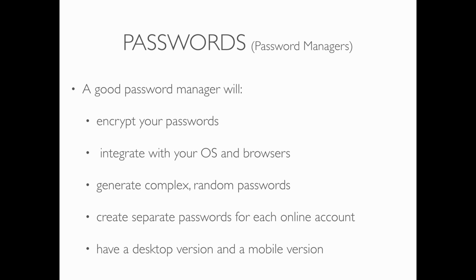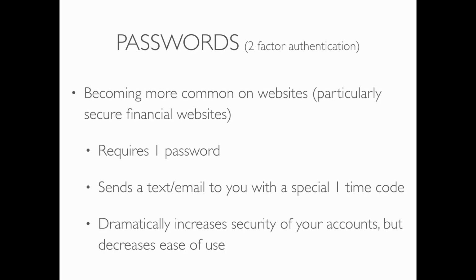But if I'm browsing on my computer, or on my phone, or on my iPad, I don't ever see those passwords. It just authenticates me, fingerprint, face, or once I've logged in with a master password on my Mac. That's really pretty easy. So if it's easy to use, you'll use it. That's good. It should be able to generate complex, completely random passwords. So it should be able to just say, oh, this is a new account. Let me generate a random password for you, and then I'll save it. Separate passwords for each online account so you don't repeat. And a desktop version and a mobile version is obviously important as well.